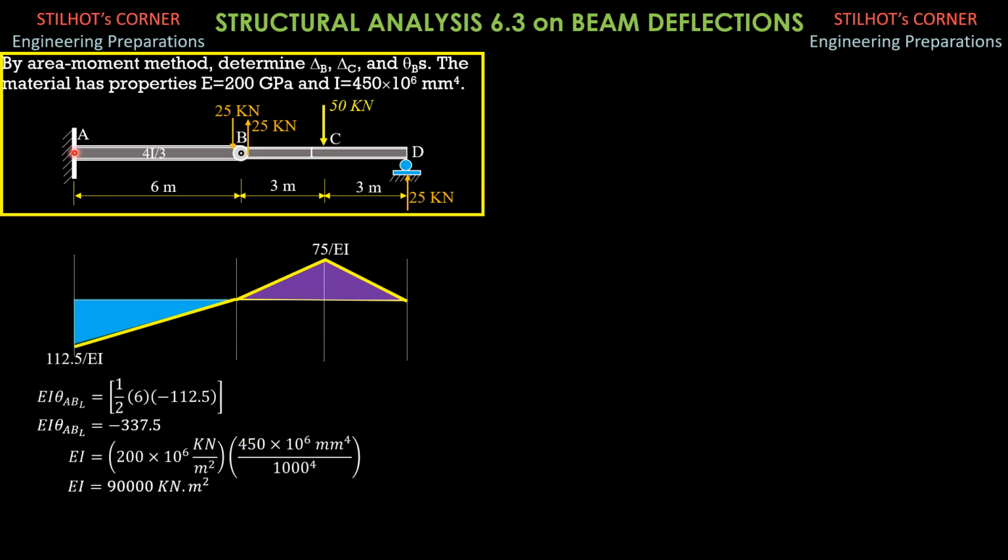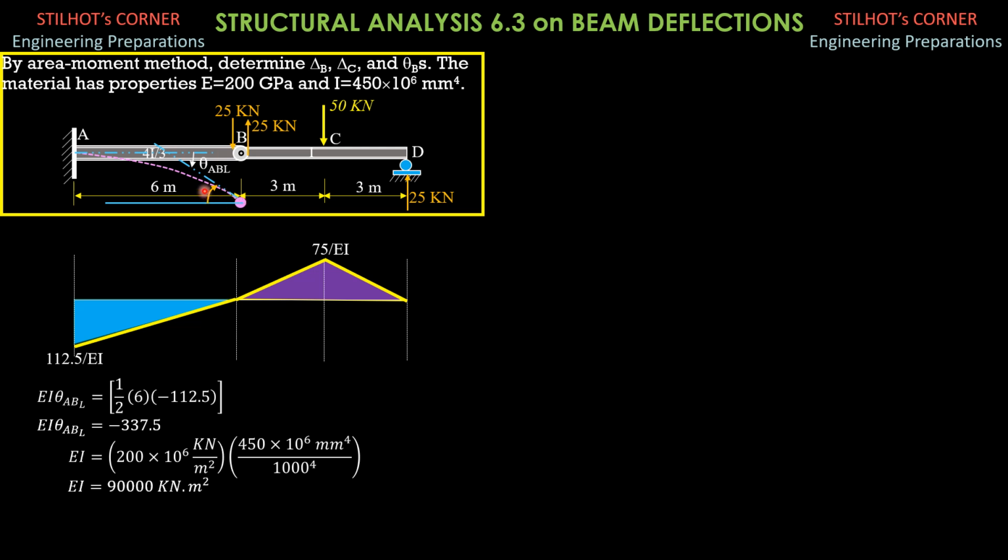So because A is fixed, the tangent at A is horizontal as shown. This is the elastic curve. And the tangent at B left would be as shown. That's why from the tangent at A to the tangent at B left, the rotation is clockwise because this is negative. So that is theta AB left. But we are looking for theta B left because the one tangent is horizontal, automatic. If we draw a horizontal line here, this is theta B left, which is equal to theta AB left, because that's the horizontal, this is also the horizontal.